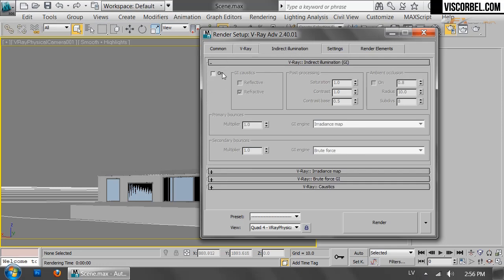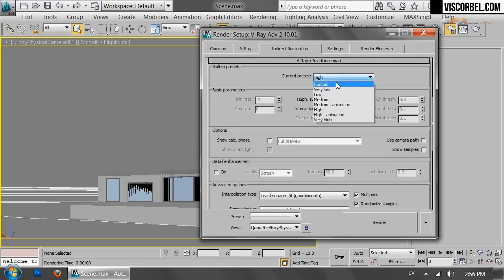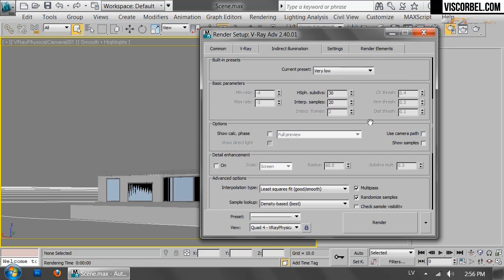Alright, so we also want some global illumination, so enable that. Turn on some weak ambient occlusion as well. I'm gonna set it at 0.5. And we're going to use irradiance map with light cache. So for irradiance map I'm going to use the very low preset, lower the quality a bit further